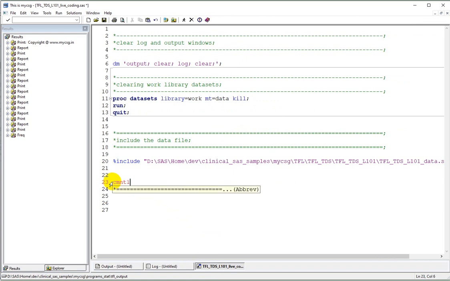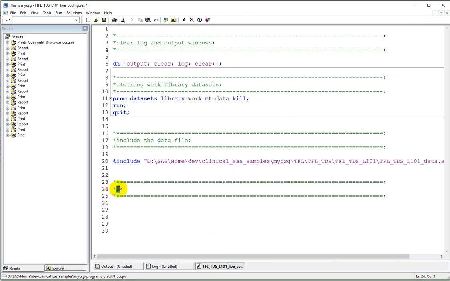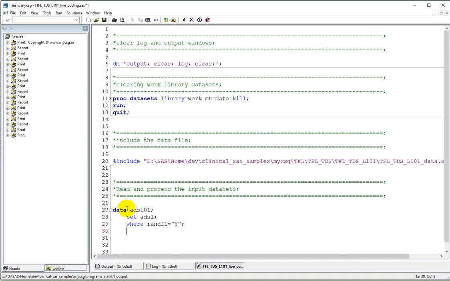The first step that we do is read and process the input dataset. We have seen in the table title that this has to be based on our randomized analysis set. So let us filter for only the randomized analysis set subjects. And then as we need to count the subjects under the total column as well, let us replicate the rows using